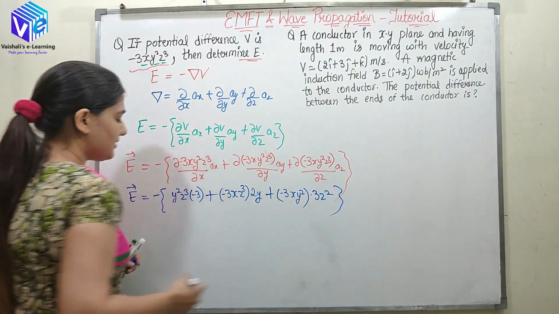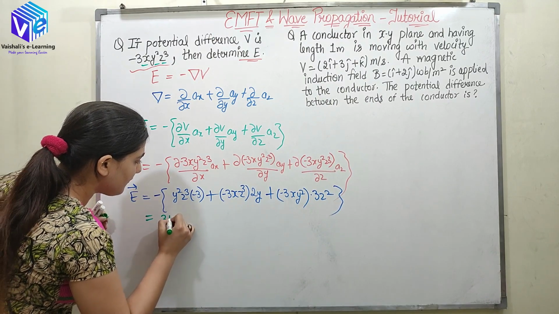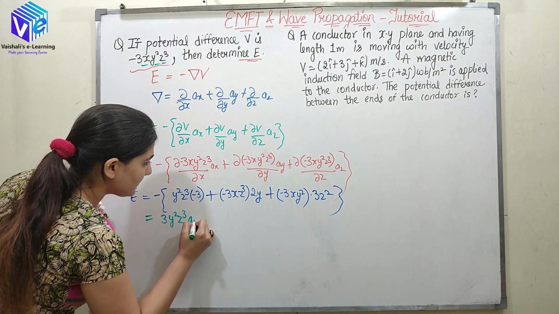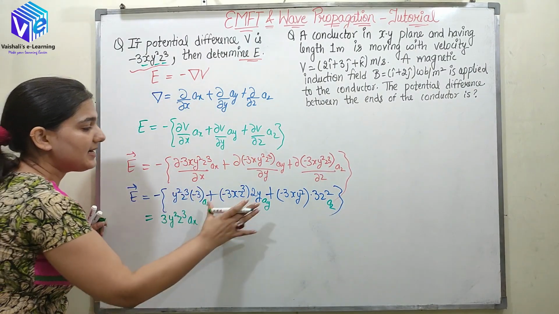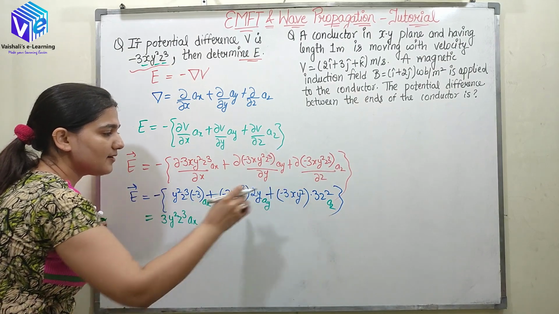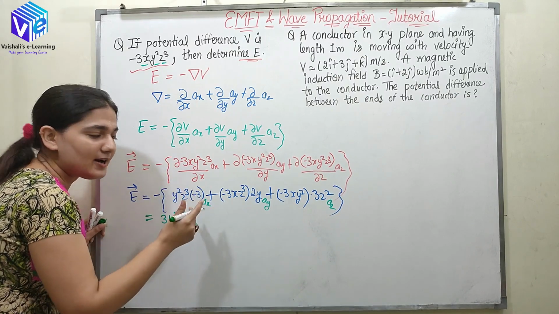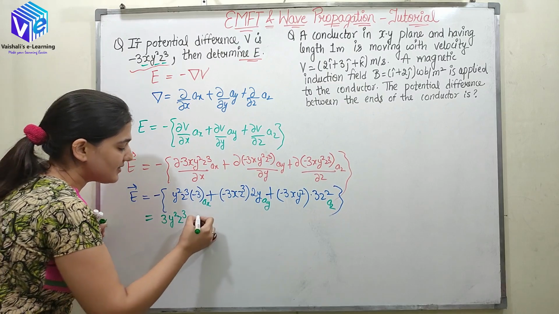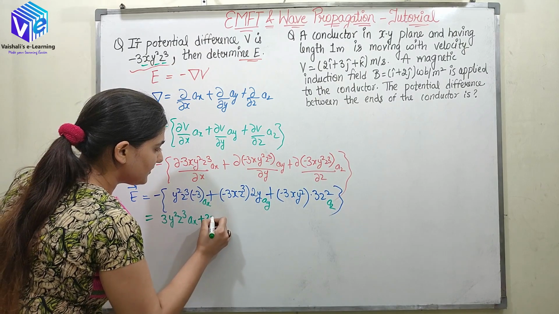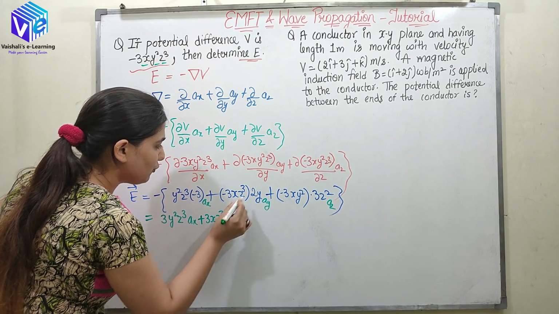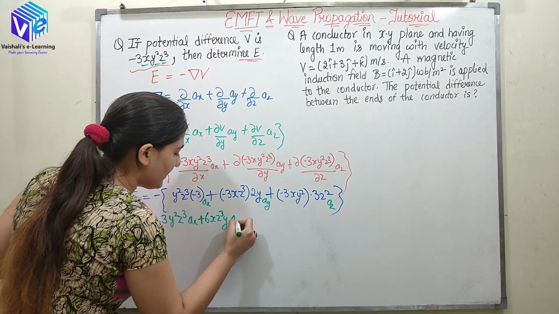Now this is my E, so I can simplify it and write it as 3y square z cube ax. Here I left out ax, ay and az, so please write ax, ay and az with each of the terms. Don't forget it in any step. If you forget it like me, you will get a wrong answer. So avoid missing out ax, ay and az, or the direction. Here we'll have negative of negative 3, so it will be plus 3x z cube into 2y. 3 into 2 will be 6. So this is my ay direction.